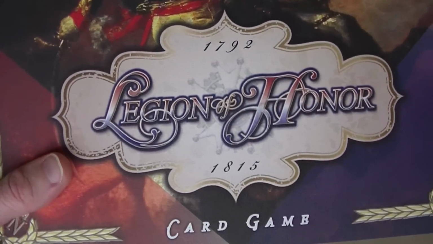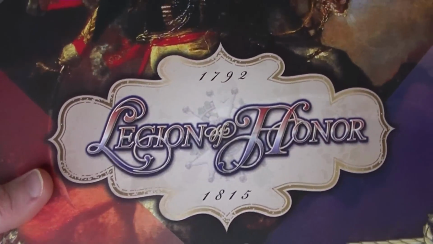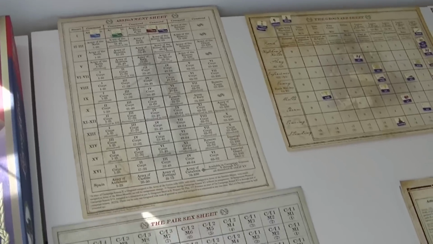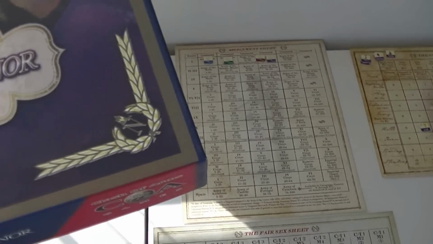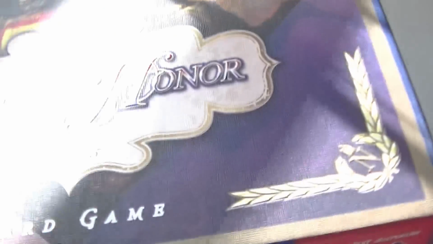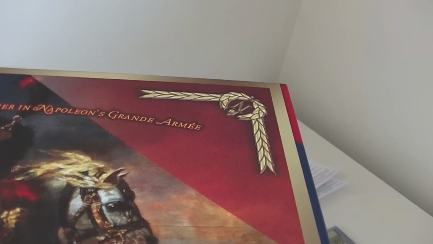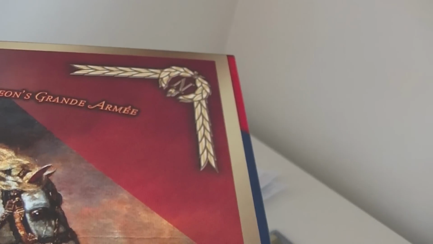Okay, let's take a look at Legion of Honor. This is a new Napoleonic card game from Clash of Arms. In typical Clash of Arms fashion, the production quality is impeccable. You can see it's got the linen finished box with embossed